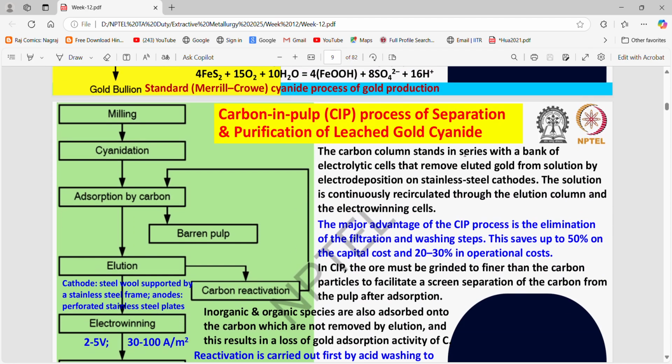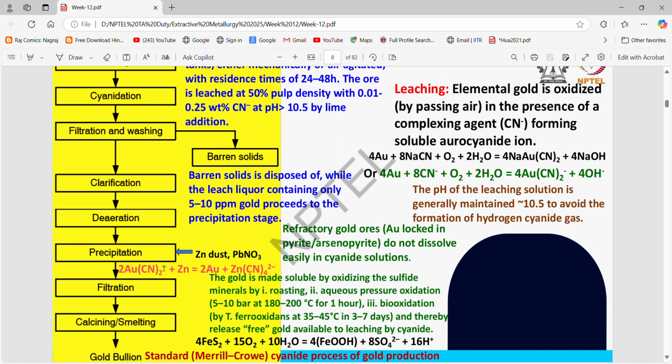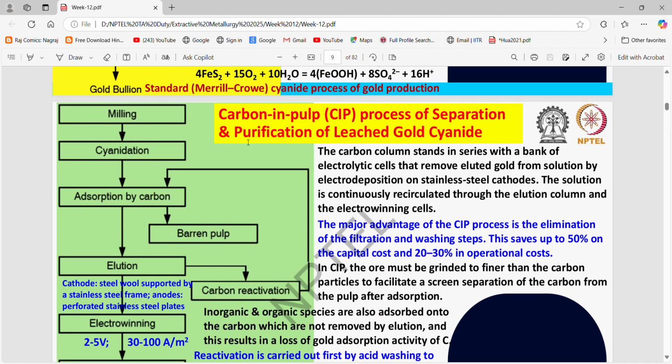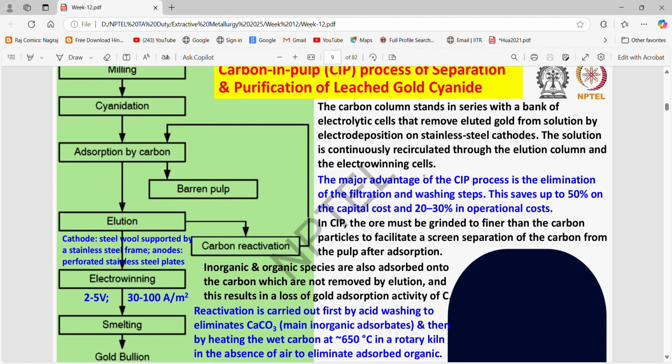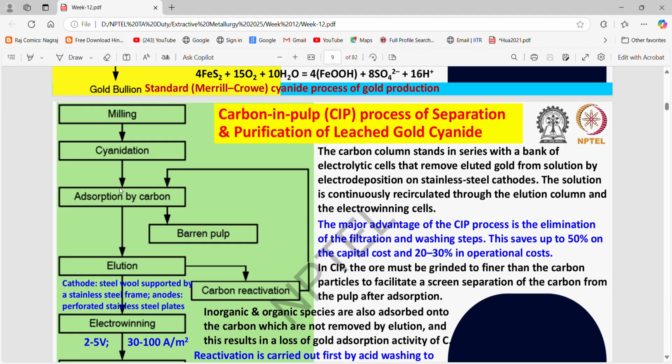Apart from this zinc dust precipitation process, there is another process for gold separation from the cyanide liquid solution, that is the carbon in pulp process, for the separation and purification of leached gold cyanide. Up to the cyanidation process, the process is the same. After the cyanidation process, whatever liquid we get, we provide some carbon columns for the gold to get absorbed on the carbon columns, and then these carbon columns are again